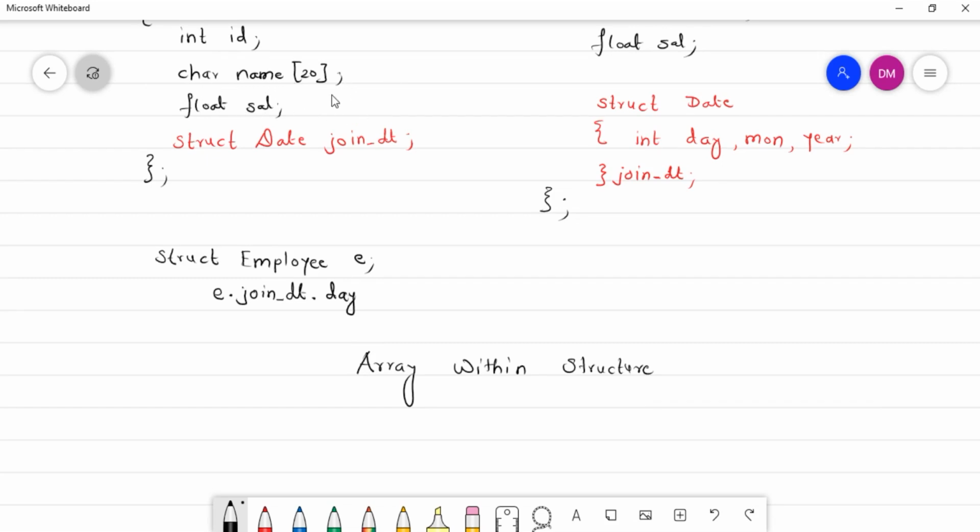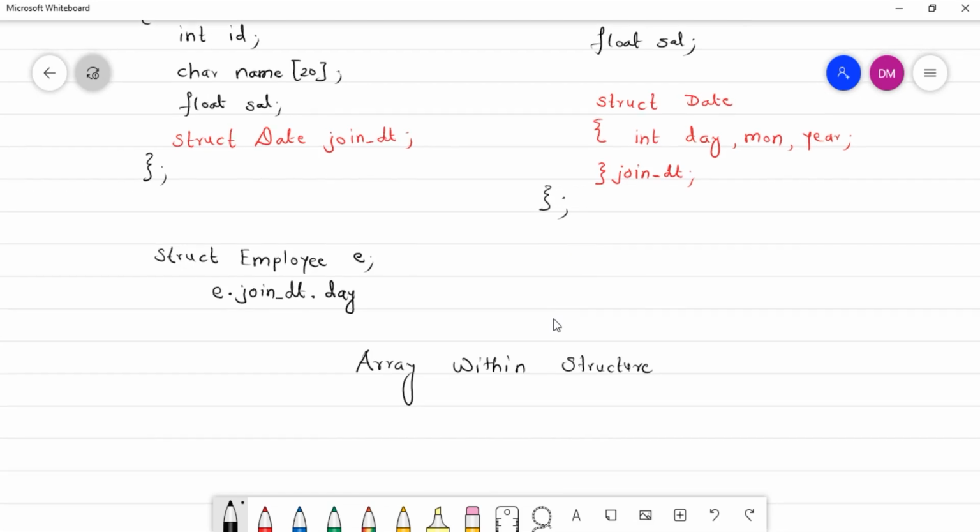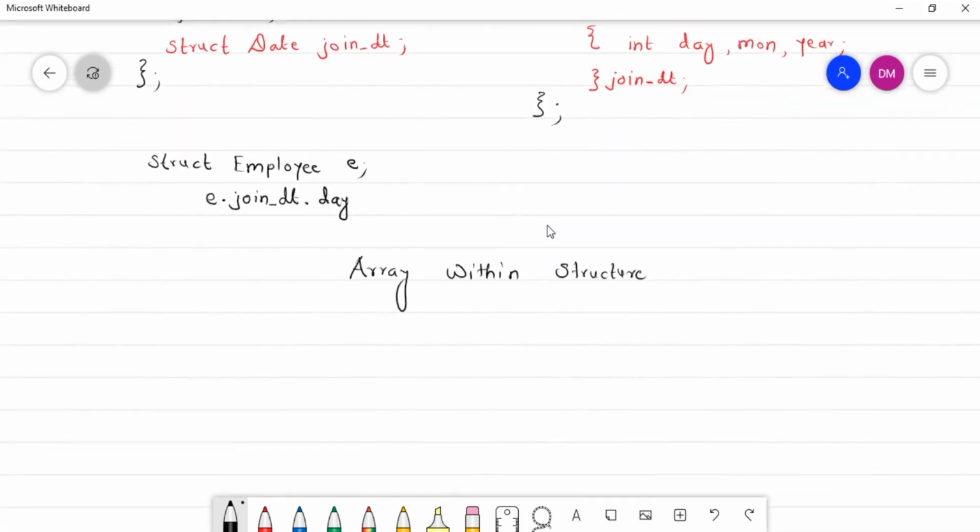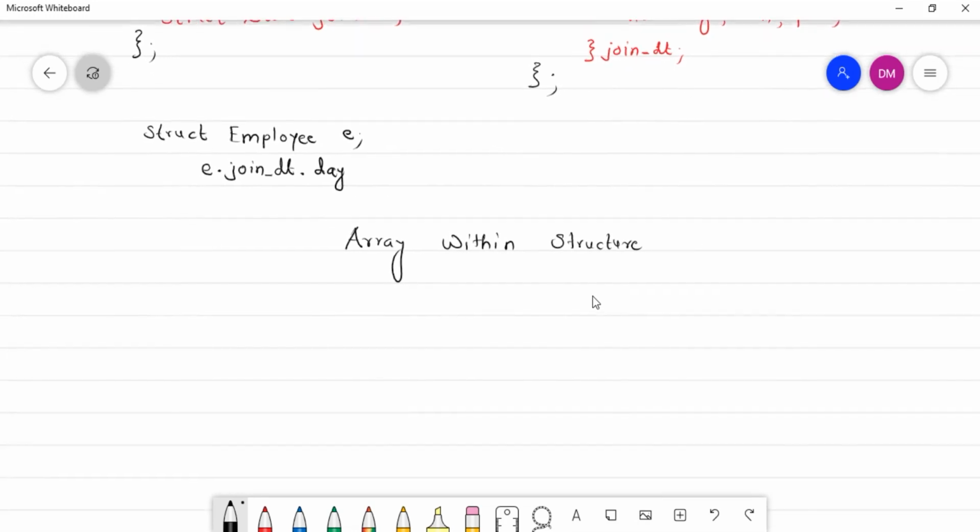But a one dimensional character array is treated as a single string, so definitely there is no complexity. But if that array is of numeric type, then the complexity increases. That's why array within structure comes under complex structure. So let us see one example of it.